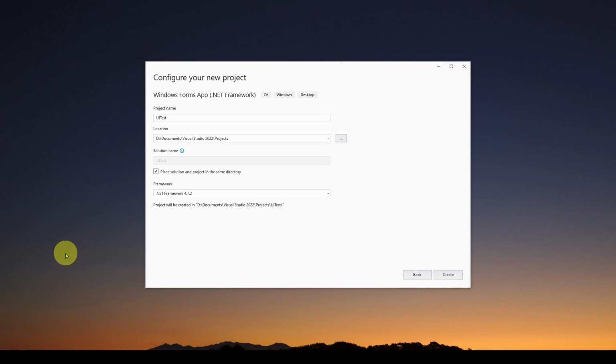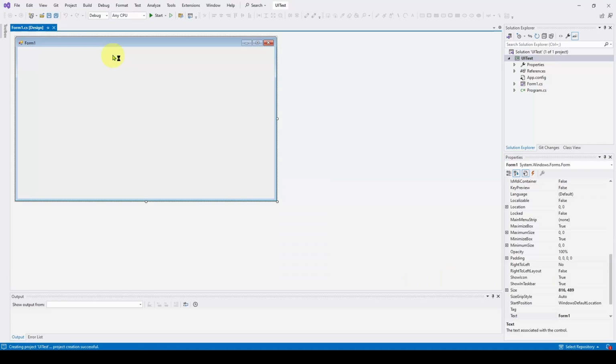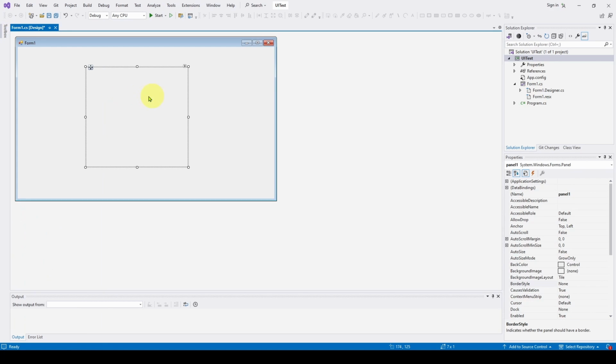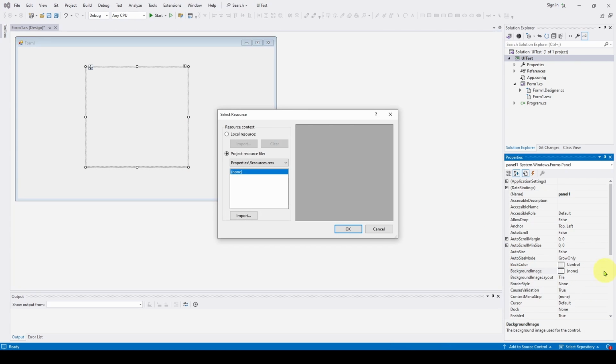So now let's start up a brand new C# Visual Studio Windows Forms application. .NET Framework, and we're using 4.7.2. We're going to create, and here's our form, and all I'm going to do is add what's called a panel, which is like a group box, and we're going to set the background image of this panel to that PNG that we just saved. So I'm going to select this panel, go to background image, and click on that,